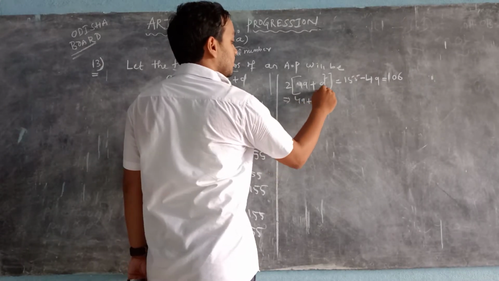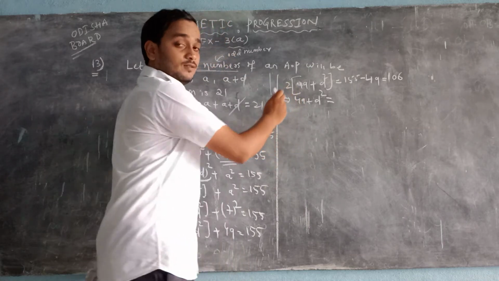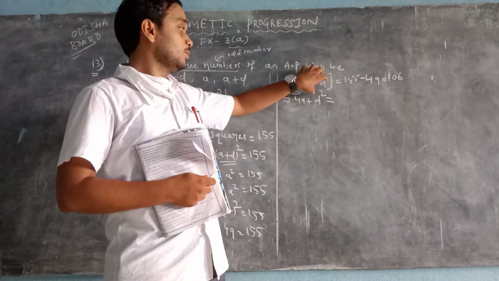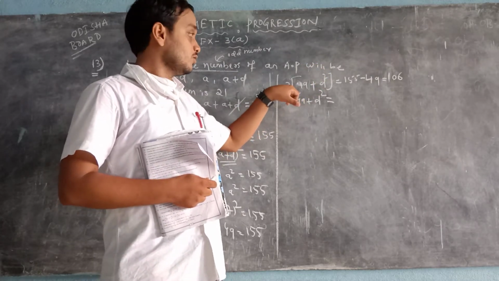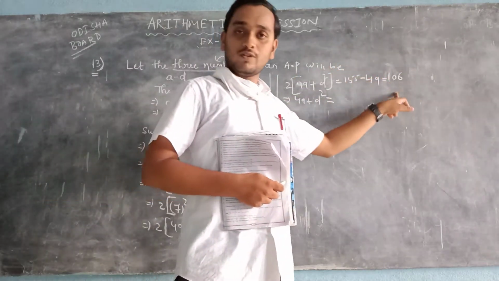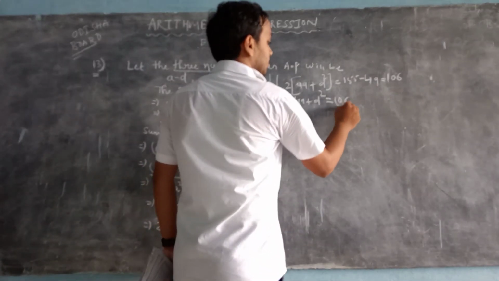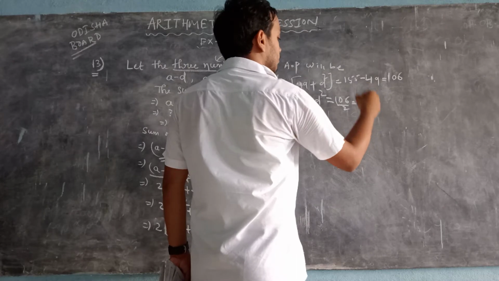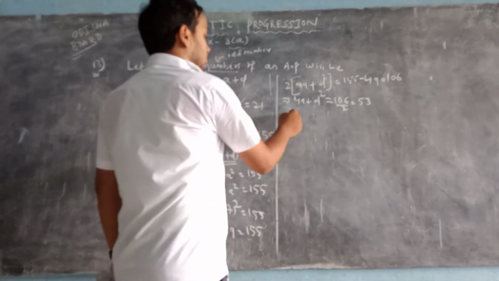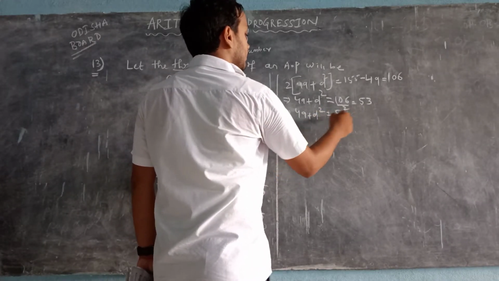Now see, 49 plus b square is equal to this. This 2 will be multiplied with this side. Understand? This 2 is multiplication, the whole part multiplied by 2. So take this 2 to this side. If it is multiplied, when it moves to this side, it will be divided. So 106 by 2. That means 2 5s are 10, 2 3s are 6. So listen, 49 plus b square is equal to 53.